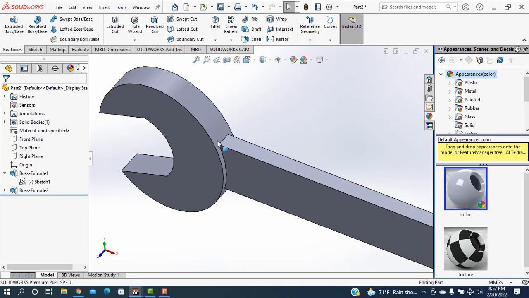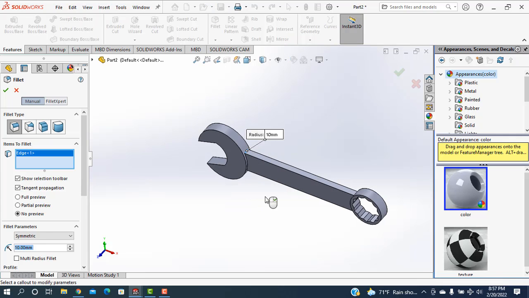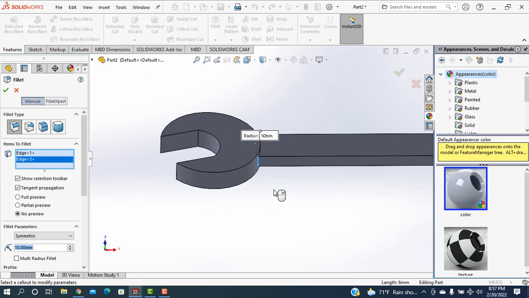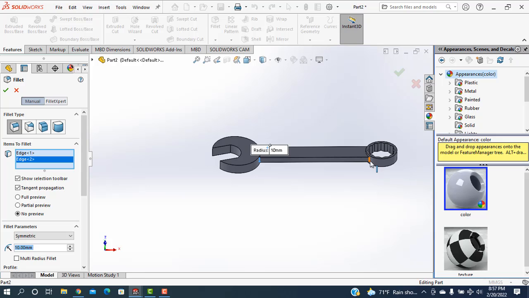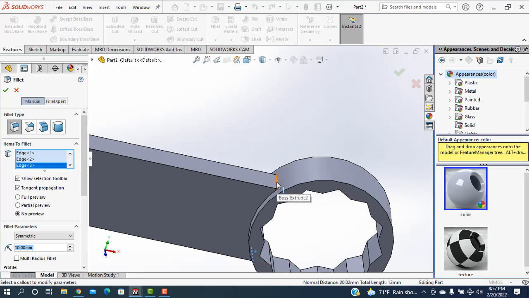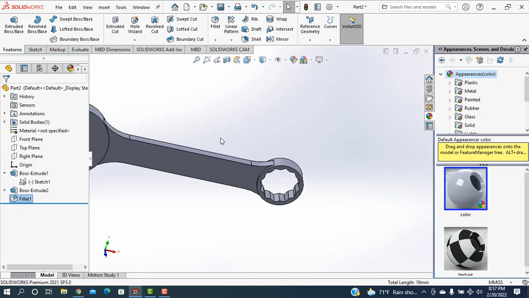after that going to the fillet, click this portion, this edge and this edge and also this edge, and I'm taking this one the radius 30 mm. Then okay, see,